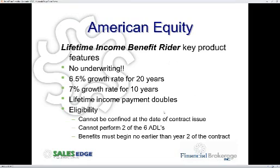The American Equity one is the latest one to enter the marketplace, and this one's pretty cool. It's, of course, no underwriting. You have a compounding effect on the actual value that goes in, so the $100,000 would be credited with a 6.5% or 7% growth rate for 10 years. And of course, if you can't complete 2 out of the 6 ADLs, so it's just that